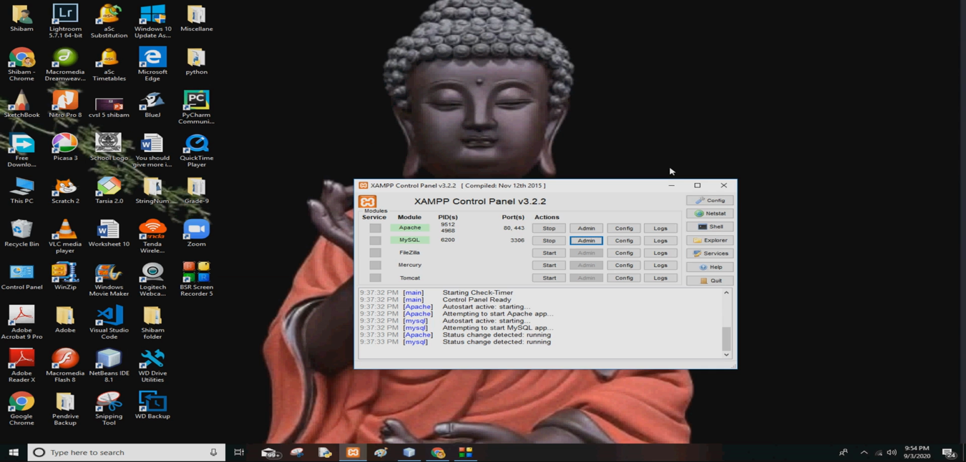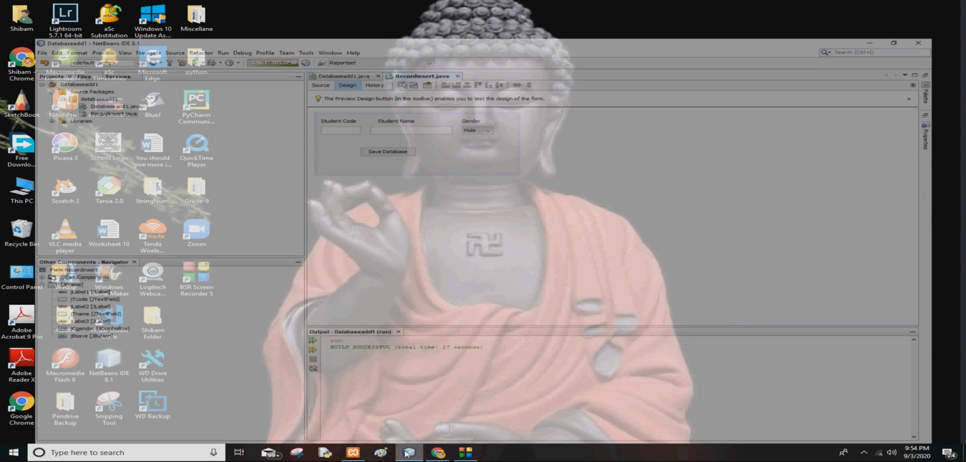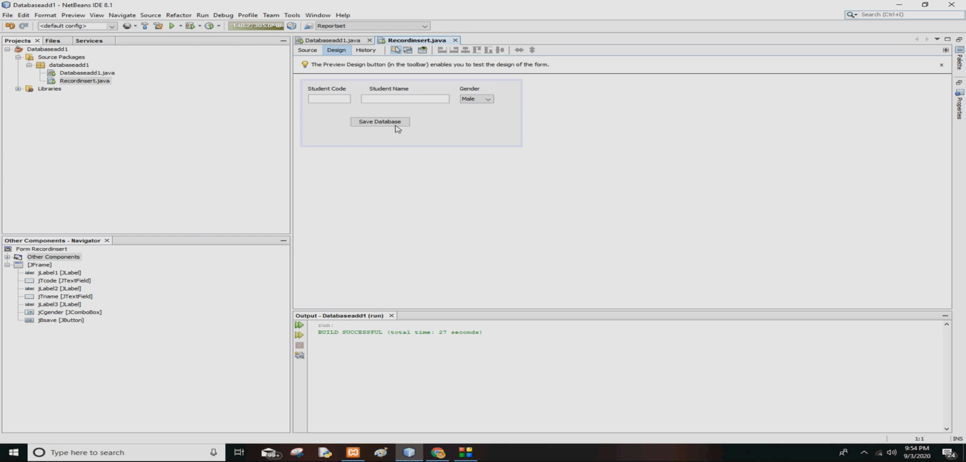Now I have to go to the coding part where I will write the code for the button. So I simply double click